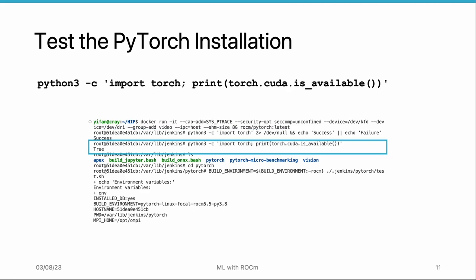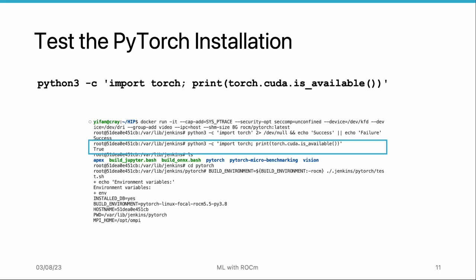Next, we will test if the GPU is accessible from PyTorch. PyTorch provides a mechanism called torch.cuda to access the GPU. By invoking the torch.cuda.is_available function, we can determine if the GPU is available and ready for use with PyTorch. If a GPU is available, the output will be true, indicating that PyTorch can leverage the GPU for accelerated computations. On the other hand, if a GPU is not available, the output will be false, suggesting that PyTorch will rely